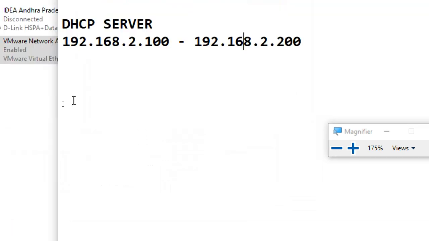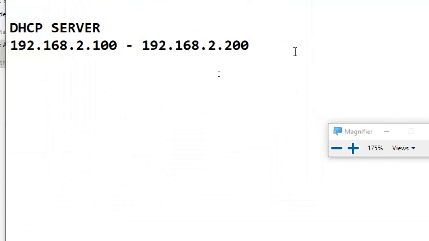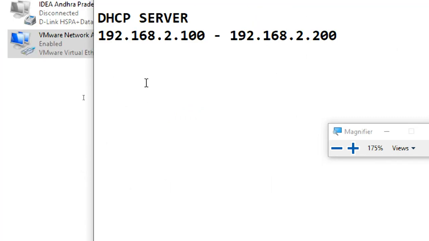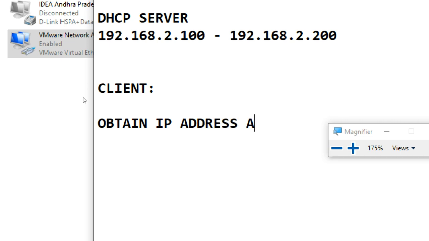Here it is written on the client side, so in general, a PC. You see in that one, obtain IP address automatically.